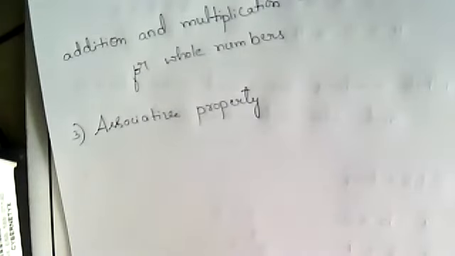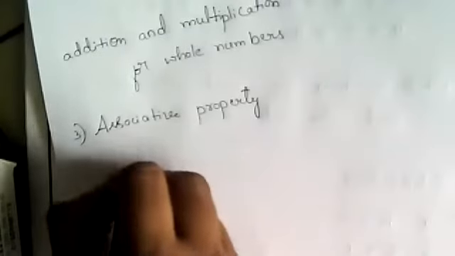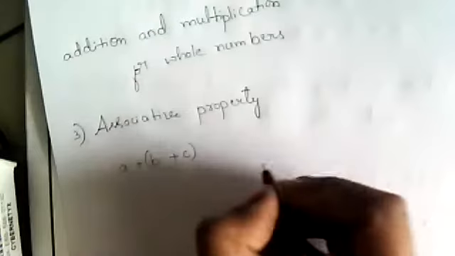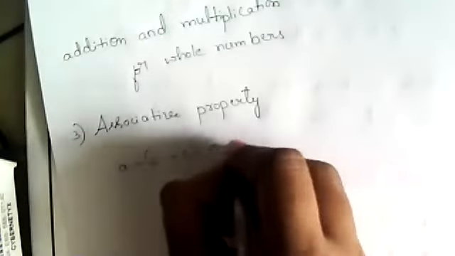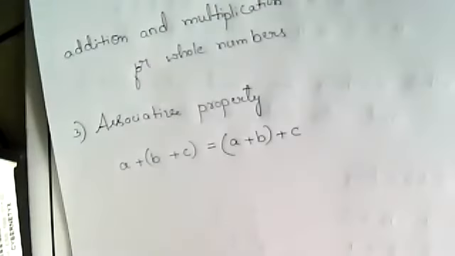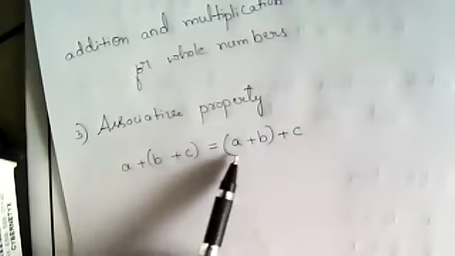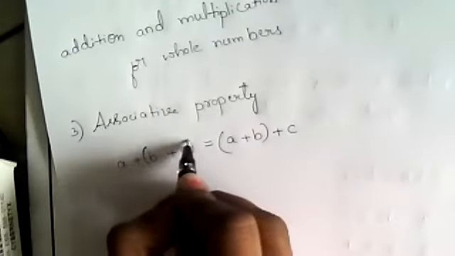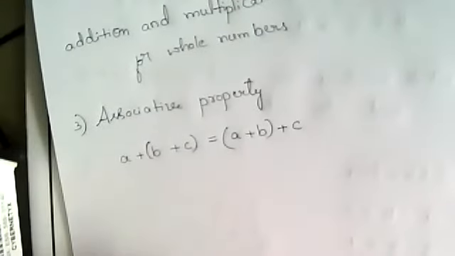In this, we are going to deal with three numbers together. Okay. So here the general form is A plus B plus C. But here we are making a group of B plus C equals A plus B plus C. See here, only the groups are changed, but the numbers are the same, right? A plus B plus C, A plus B plus C. But here first we will calculate what is inside the bracket and then we will move to the outer number. Okay.